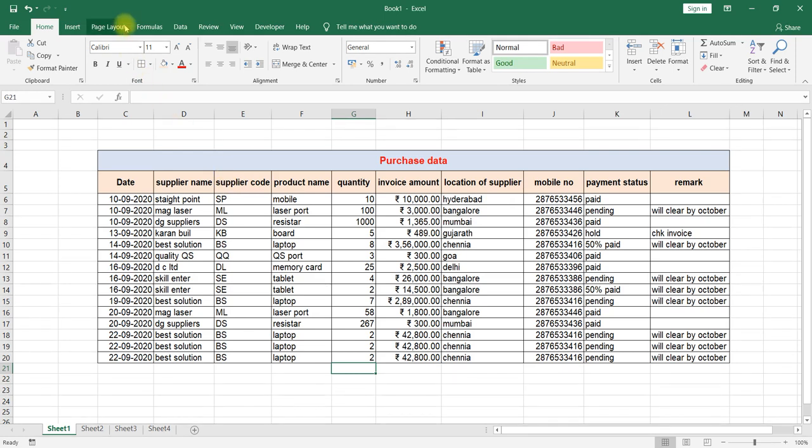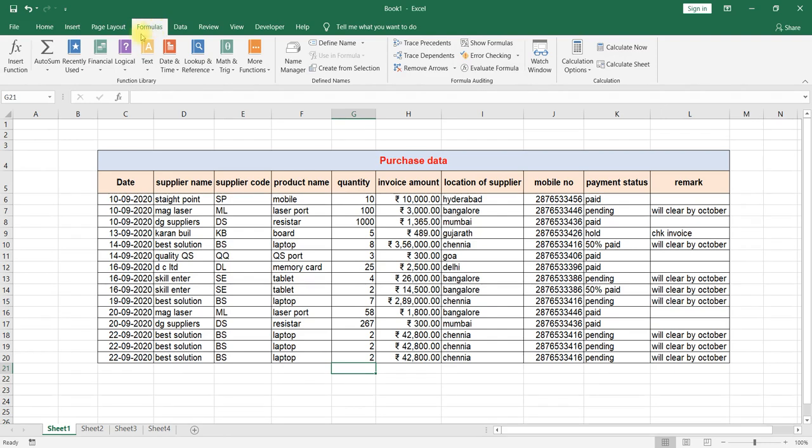We have so many formulas in Excel. It's not only just to calculate mean, median like that. We have statistical formulas, mathematical formulas. Here you can go to the formula tab, the formula menu, and you can see these are the basic formulas which we are using: sum, average, count, max, min. These are the formulas we use on a regular basis.